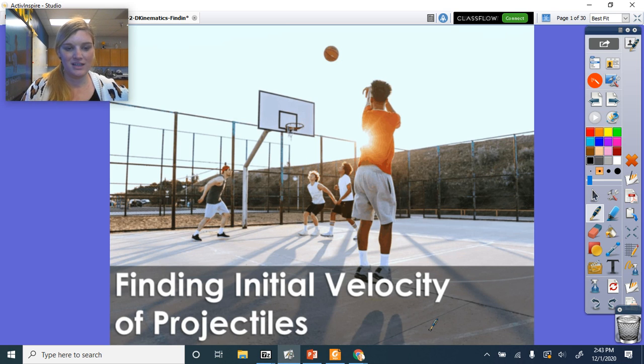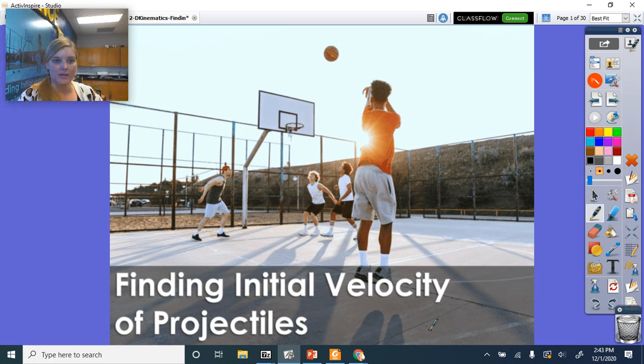All right, so today we started going over the section on finding initial velocity of projectiles. I'll tell you right now, we're actually going to cut this section pretty much in half. We're only going to go through example 1, and then you will not do practice problems 3 or 4. So that should help a lot. It just gets into some trig that's a little bit more involved than what I feel is worth us going